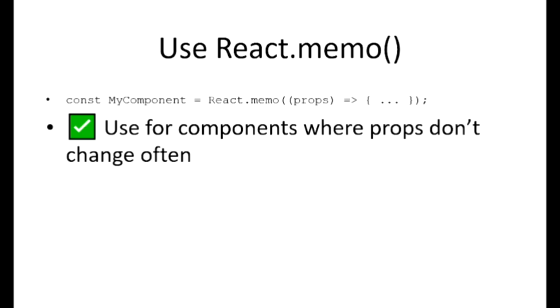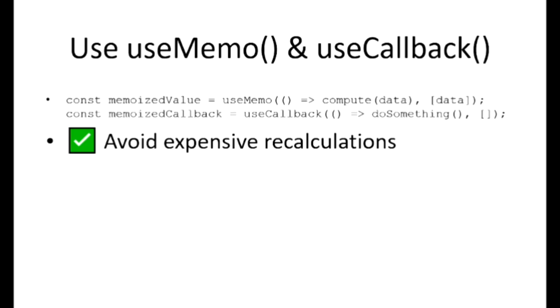Second, what we use for improving the performance of our component is useMemo and useCallback. They avoid recalculating expensive operations. Just see how we can make use of them and the way we write the code for them. For example, you have a functionality where you are doing lots of calculation and putting in lots of logic. If there is no change in that logic, what is the use of re-running that functionality again and again? It will obviously consume time and data, and it will impact the performance.